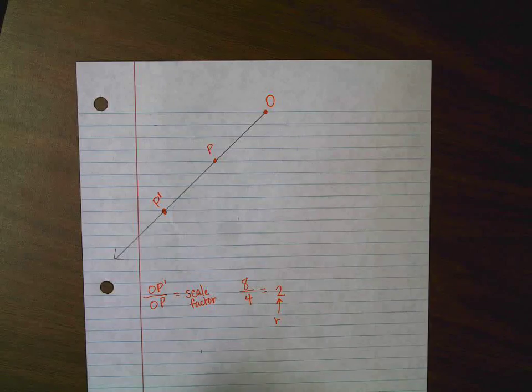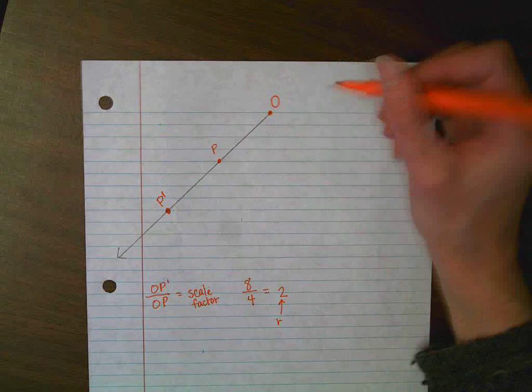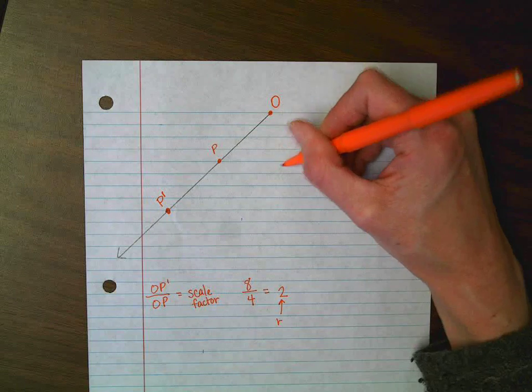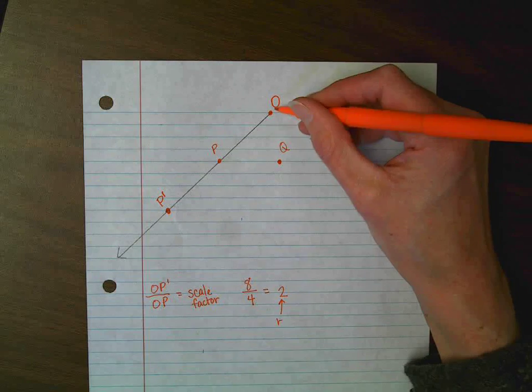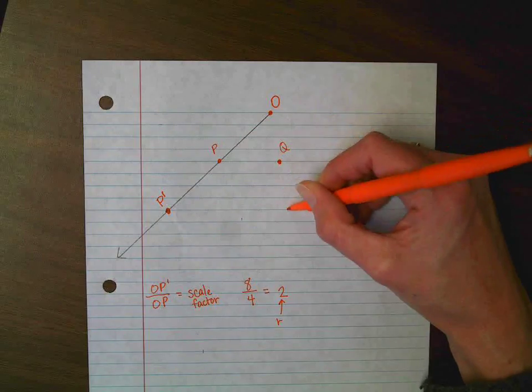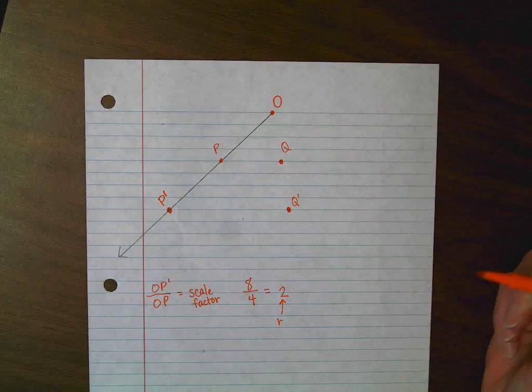And it says draw another ray, OQ, use the same scale factor to mark points Q and Q prime. For us, we would place Q 4 lines down, because that's where P's at. So I'm going to go 1, 2, 3, 4, and put a point. And that's going to be called Q. And then I'm going to go 1, 2, 3, 4, 5, 6, 7, 8, and put Q prime, because that's